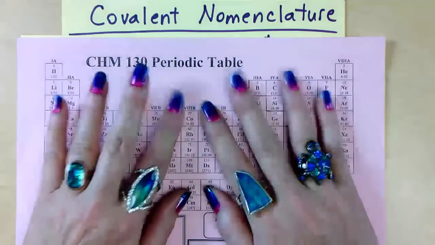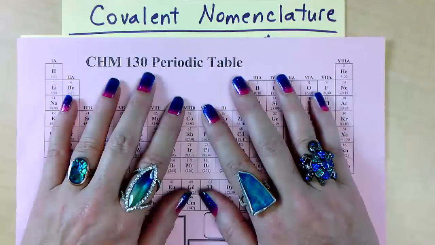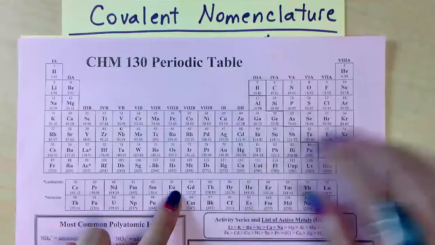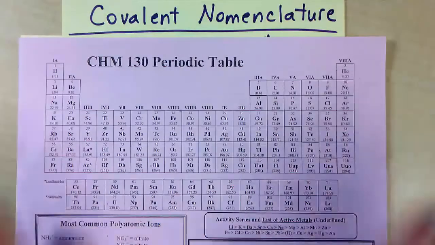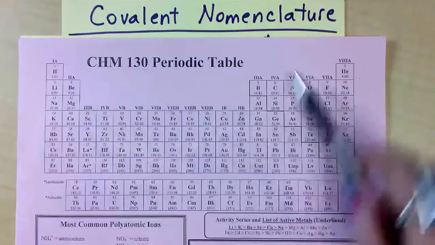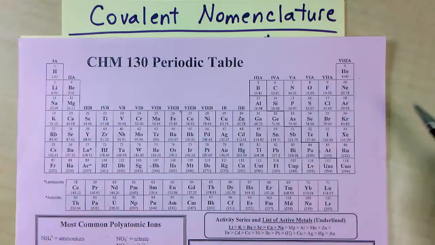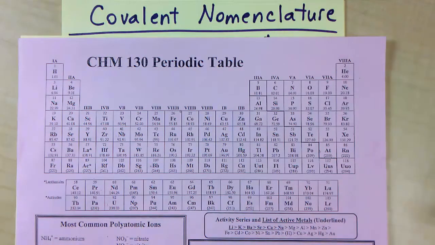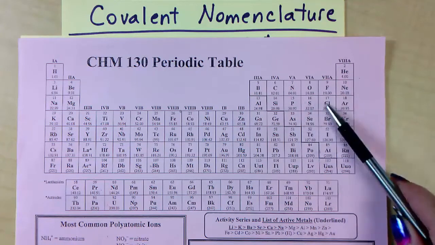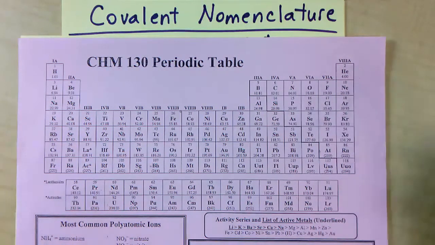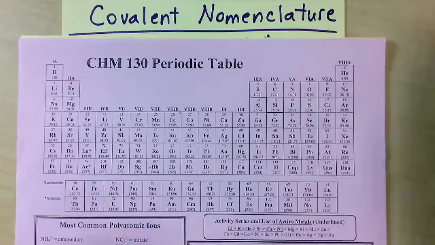This is our second video on nomenclature, and earlier we did ionic. Now we're going to do covalent nomenclature. You might want to have your periodic table handy. So covalent compounds are which elements in the periodic table? Yes, if you said non-metals. So it's a non-metal bonded to a non-metal, like an N and F, a P and Cl, an Se and F, an O and I, C and Br. Non-metals bonded to other non-metals.